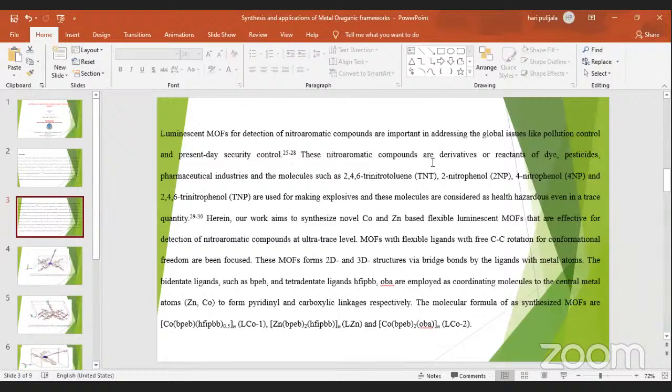These nitroaromatic compounds are derivatives or reactants of dye, pesticide, and pharmaceutical industries, and molecules such as 2,4,6-trinitrotoluene, nitrophenol, 4-nitrophenol, and 2,4,6-trinitrophenol are used for making explosives, and these molecules are considered health hazards even in trace quantity. Our work aims to synthesize the novel cobalt